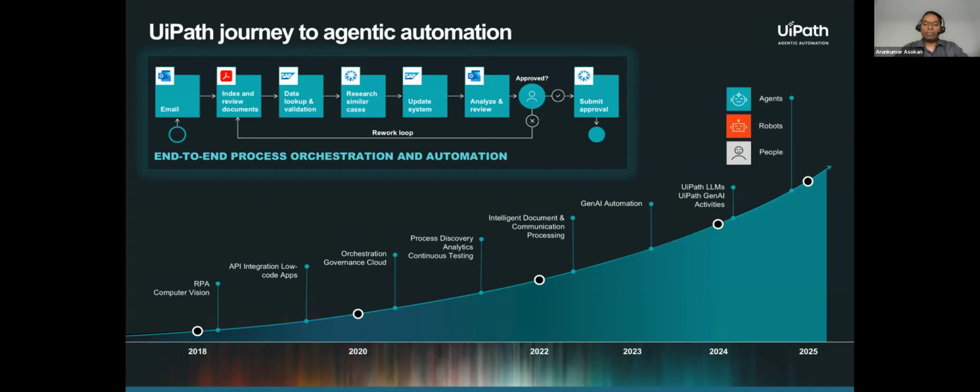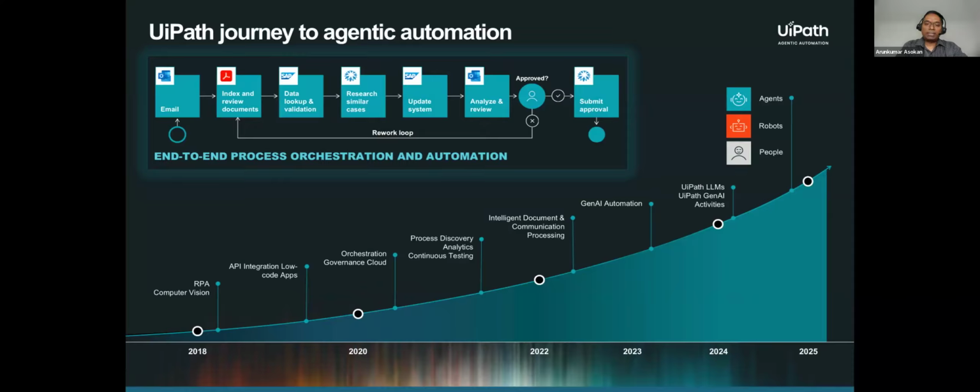We introduced our own version of trust layers to make sure that all the governance and policies are in place, and we don't open our automations and the data directly to the LLM providers. So now in 2025, we are providing an overview with Maestro, which is an overarching end-to-end process orchestration